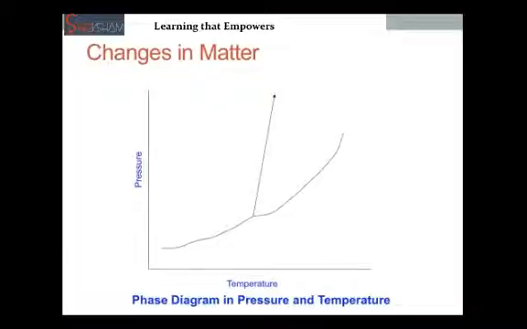For example, this is a pressure-temperature diagram for water. This region here is the region where water exists in its solid phase as ice. This region is where it exists as a liquid phase, water. This is the vapor region. This line here is the solid-liquid fusion curve. It represents all the points that describe the state or the condition when ice converts into water.